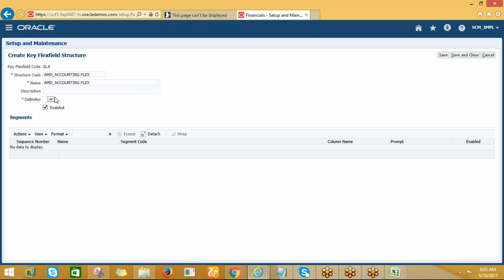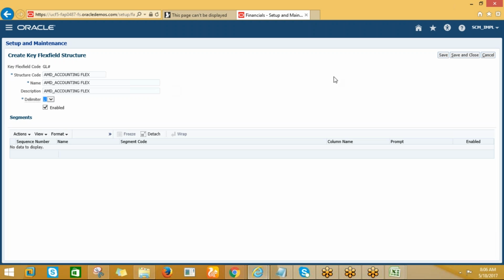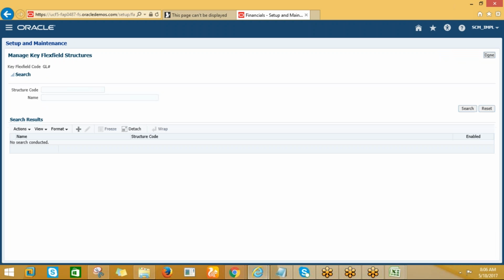Okay, so just save and close. So delimiter, you can say that. Usually you used to go for the dots, and if the client wants any kind of a pipe, equal to, plus, you can use it. We have more options here compared to the EBS. Save and close. Okay,